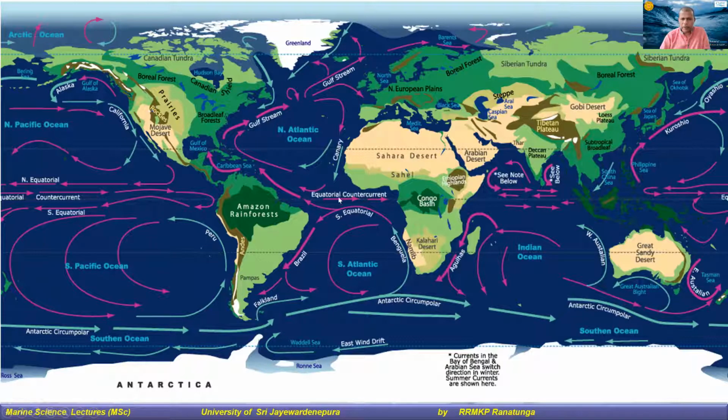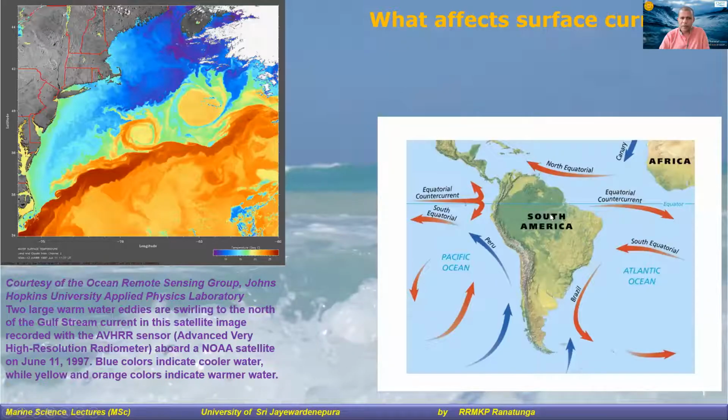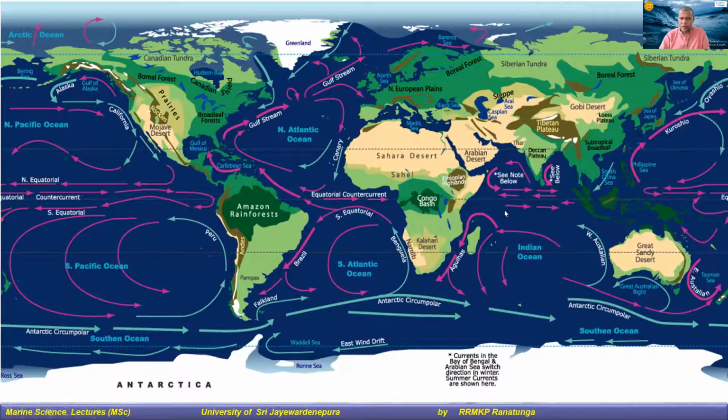But look at the equator here. The ocean current movement in the southern hemisphere is like this, and we take the Indian Ocean for example. You see the movement in the southern hemisphere is from west to east, whereas in the northern hemisphere here it is from east to west. But you can see in the northern hemisphere there is another movement from west to east. I'll come to that later. Keep in mind that movement.